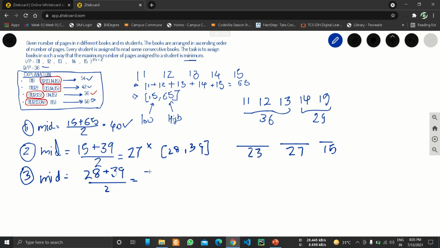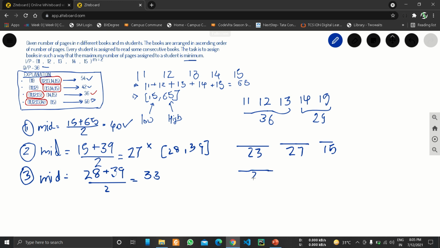So we will again check if 33 is a possible solution or not. For the first student, 11, he can read the first book, okay. He can read the second book too, okay.